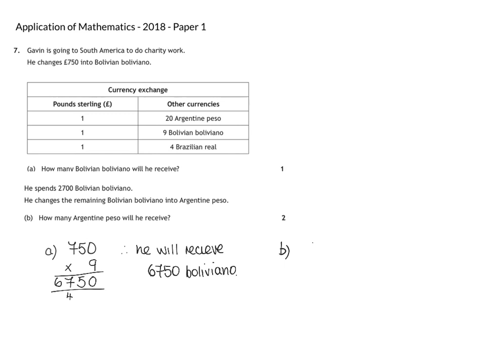So we've got to work out how much he's got left. So we've got 6,750, and we're going to have to take away that 2,700. So when we take that away, we've got 0 take away 0 is 0, 5 take away 0 is 5, 7 take away 7 is 0, and then we've got 6 take away 2, which is 4. So he's left with 4,050 Bolivianos, so we've got to then change that into pounds and then put that into